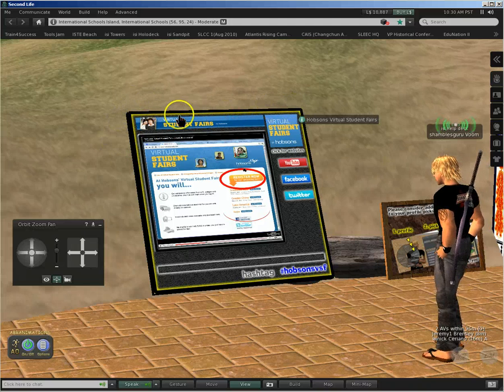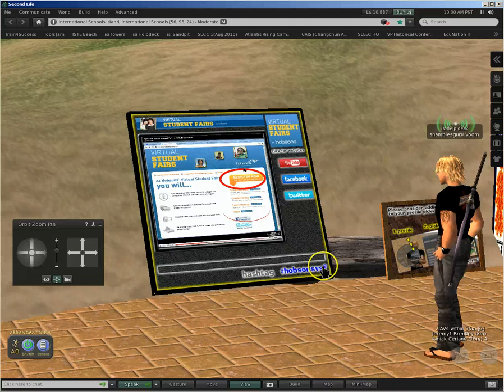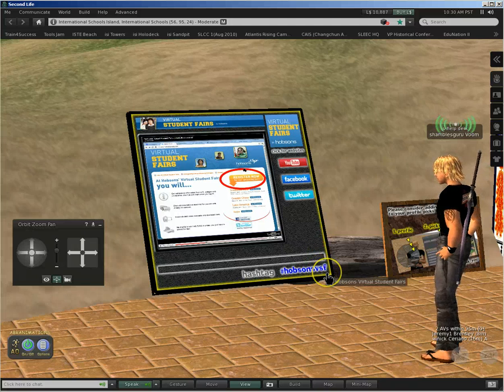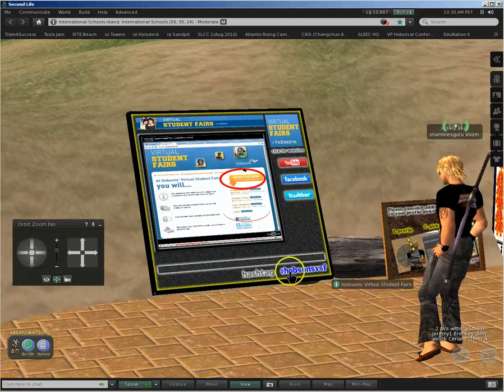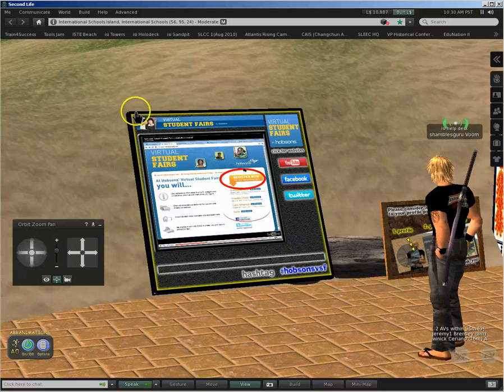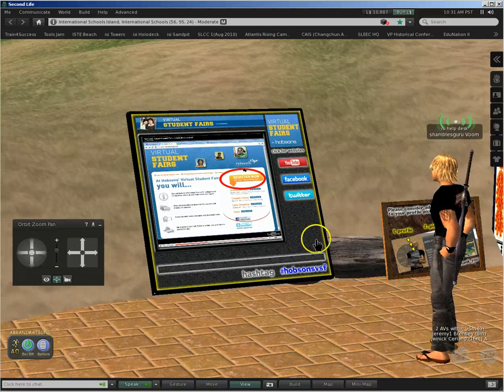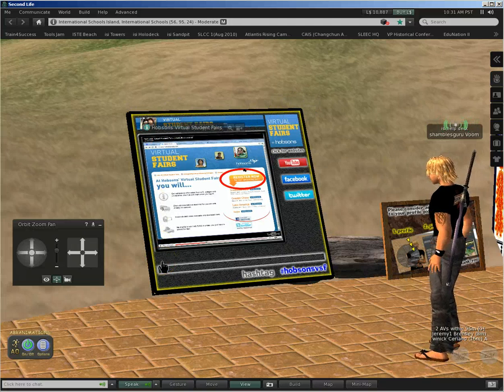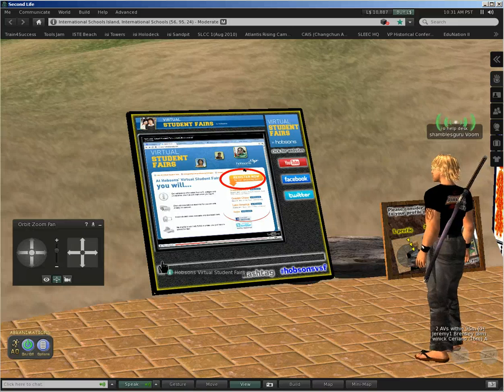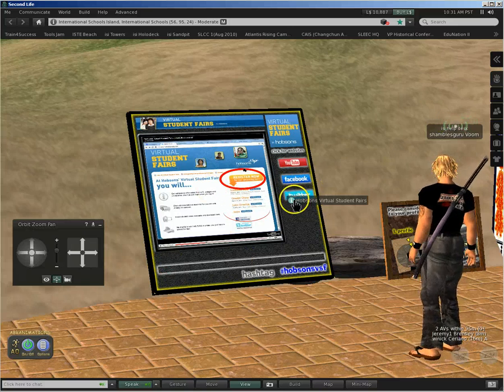But what is interesting is everything you can see on here, which looks quite complicated, is just one texture. It's something I did in Photoshop. In fact, it wasn't Photoshop, it was Fireworks, another Adobe product. So all of this was designed, and it's what's called a texture. It looks like there's a lot of things here, but it's just one image that's put on the surface of this prim. And then what I've done is, to activate things, I've actually put over the top something which